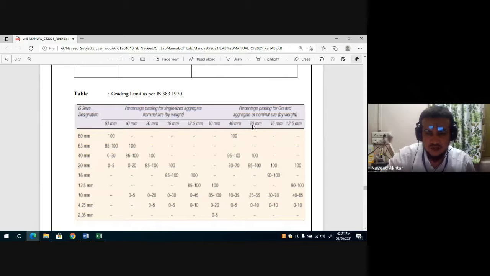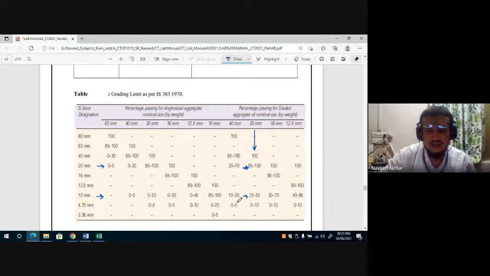If you are using 20 mm size of aggregate, then 95 to 100% should pass through the 20 mm IS sieve, and